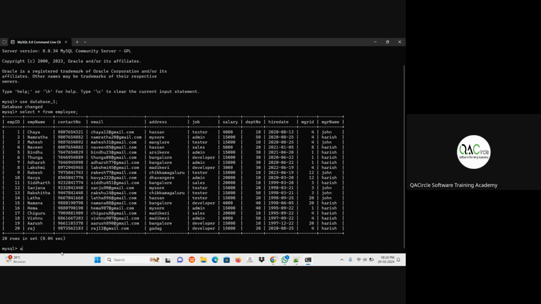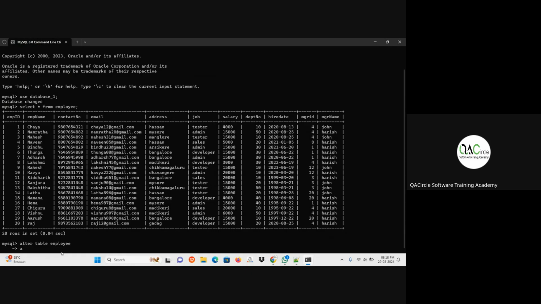Okay. Alter. I'm altering the table, so I mention table. What is the table name? Employee. After that, you are going to add the column, so you need to use the add statement. Then the column name is experience.